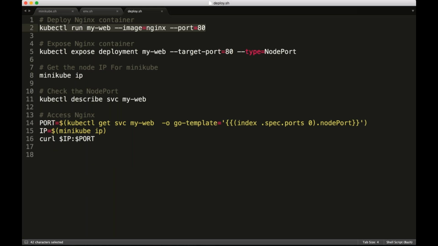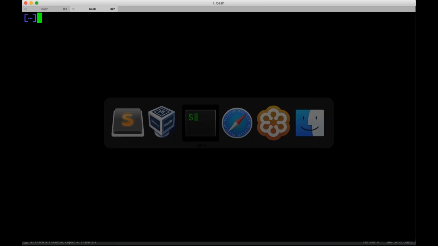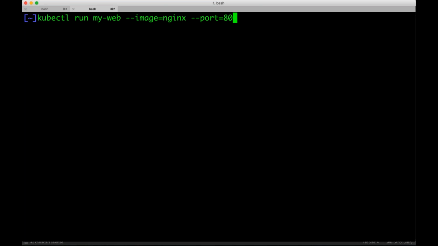So this is my first command where I'm going to create a deployment. Again, this is not to overwhelm you, but to show you what I'm actually trying to do. This is creating a very simple deployment. We are not even creating pods. We are not even creating replication controllers, anything of that kind. This is called a Kubernetes deployment, and this is very, very similar to running a Docker container on your local